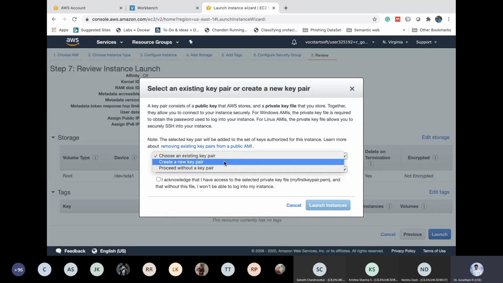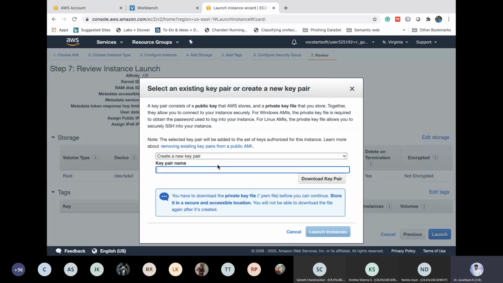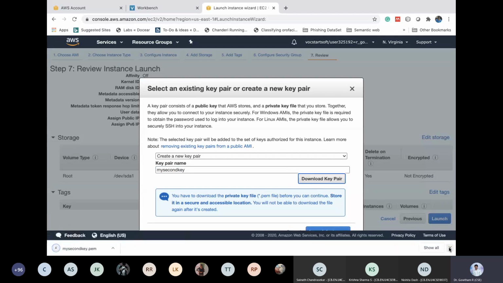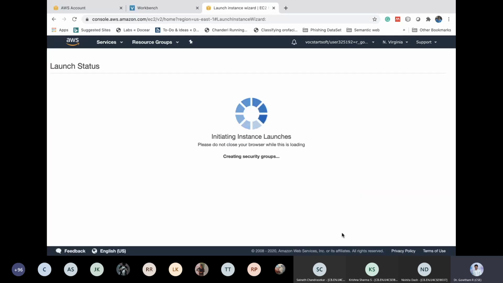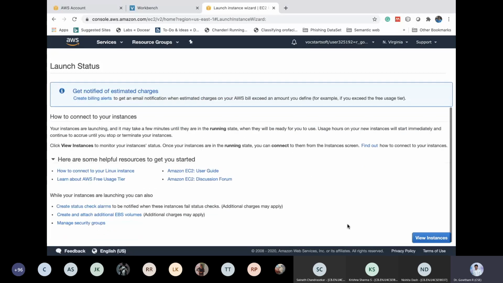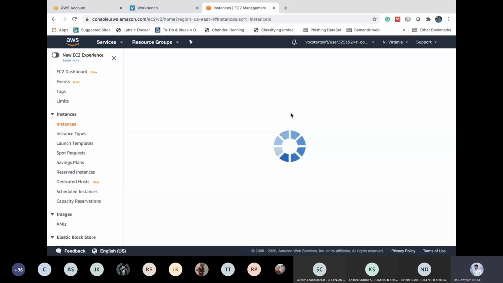I want to create a new key pair. My new key pair, I named it my second key. Download the key pair, then launch instance and view instance.